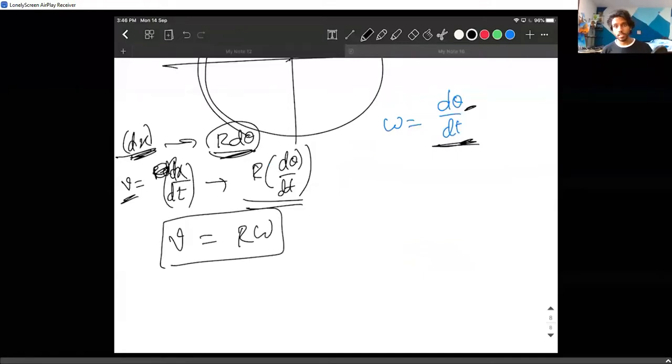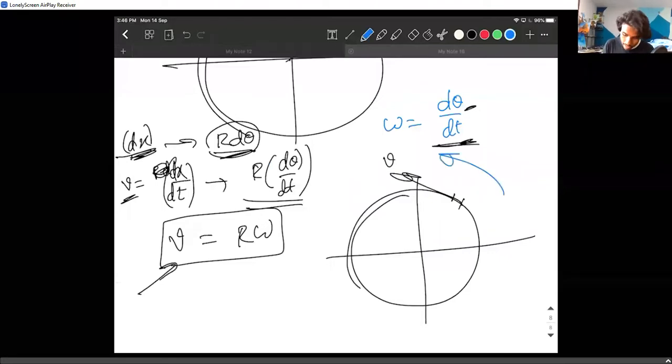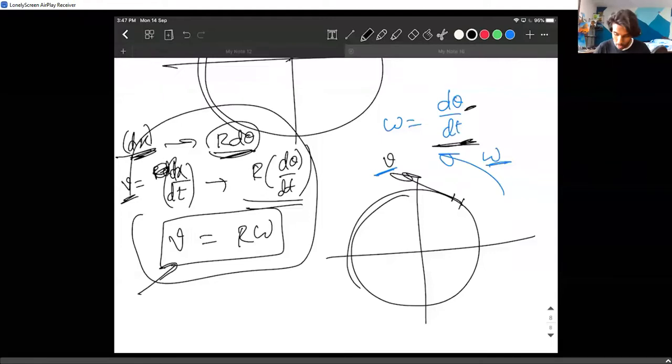If you have seen this already in your schools, it's a good thing. But this is how I find the relation in a linear kinematic situation. Let us say a particle has a velocity v like this. That is a linear velocity, and an angular velocity is defined like this. How do I relate this linear velocity and angular velocity? If you didn't understand it, I'll just repeat it. With this angular velocity, it covered this much of angle. With this linear velocity, it covered this much of displacement.